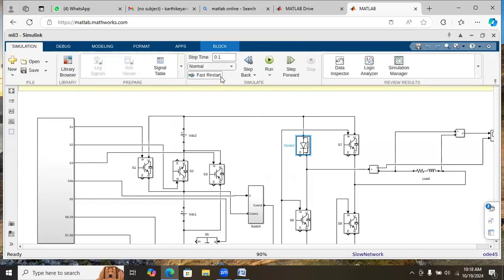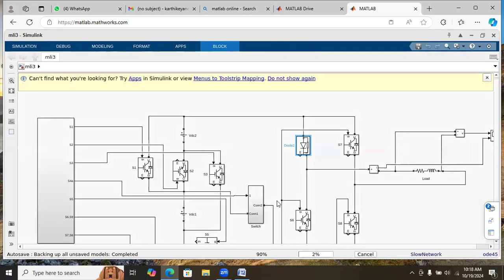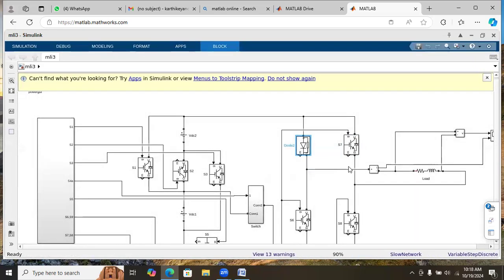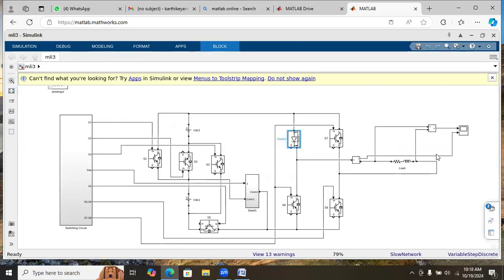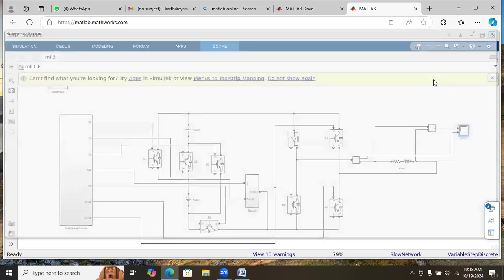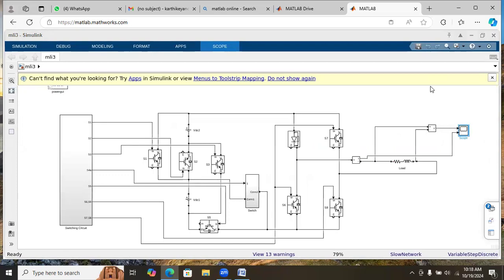Again, we will run the simulation. In this, the total number of switches are 1, 2, 3, 4, 5 for level generation, 3 for polarity. So totally 8 switches. Here if you see, 1, 2, 3, 4, 5, 6, 7, 8. Still the number of levels are the same. Compared to the previous topology, we have reduced 2 switches. Still it is the same. And we can modify this setup, that is topology,